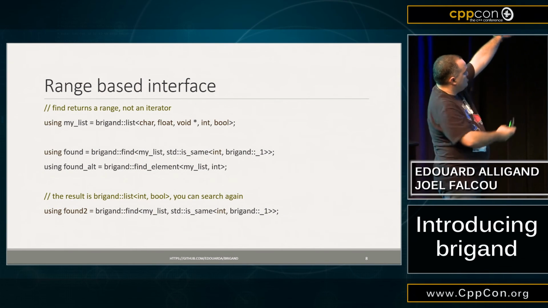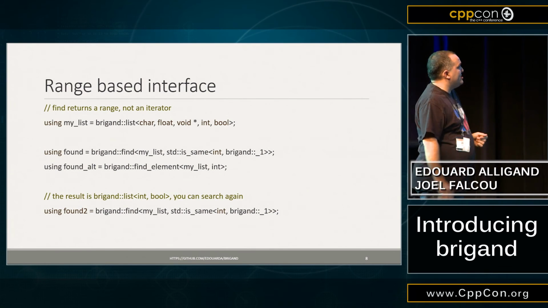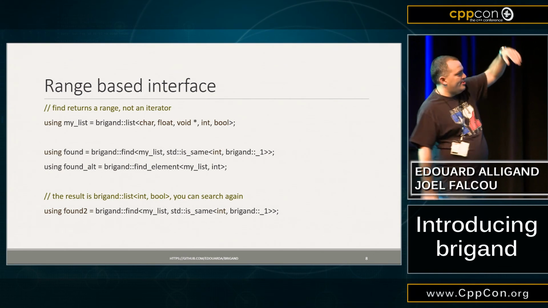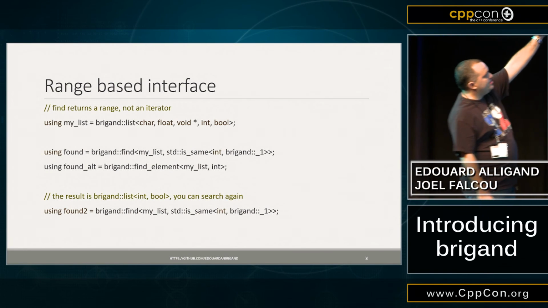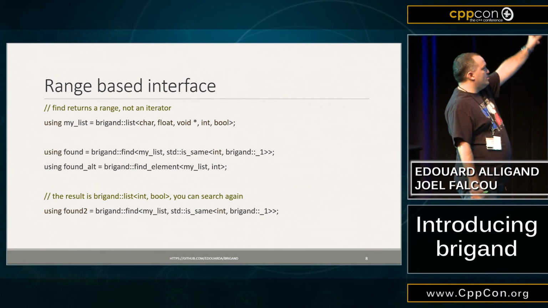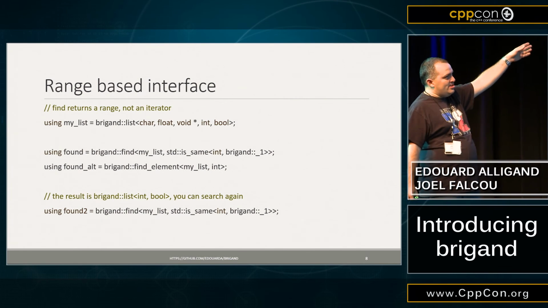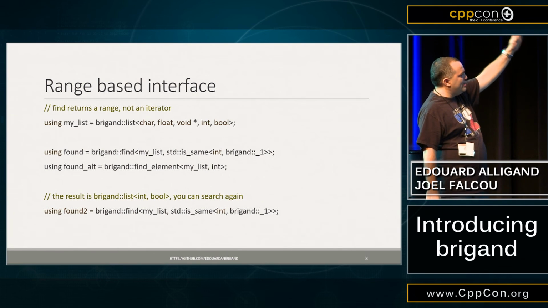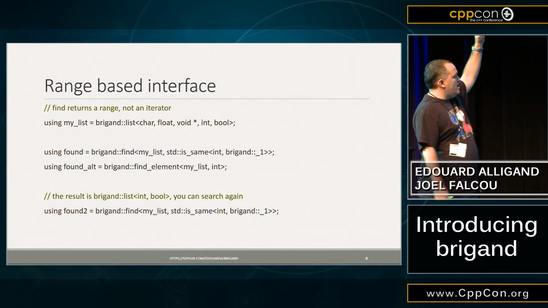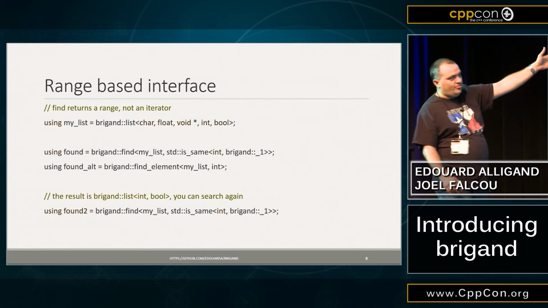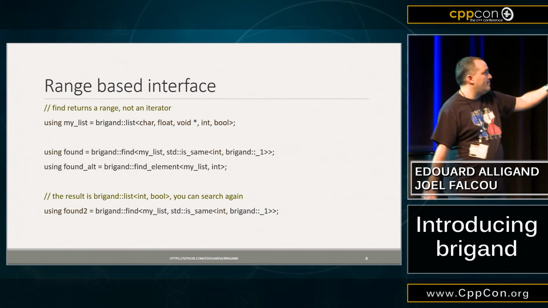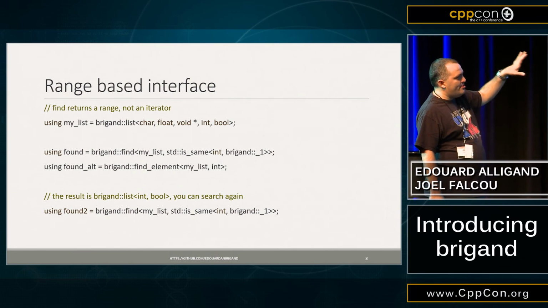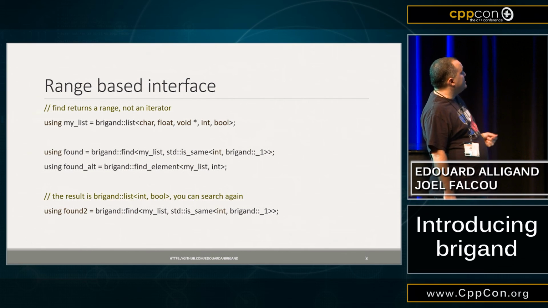So you can also find elements to get directly to the types. And the result is not an iterator or whatever. We consume the type list until we find whatever we need to find, and we return the type list with the first element being the first one that satisfies the predicate. So you can take that and you know that the front of this is what you want. And you can push it back to another call to find if you want to find the second one and so on. So you don't have to deal with meta-iterators like in MPL, deref, and stuff like this.